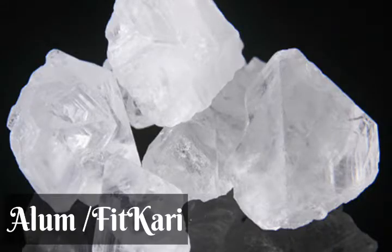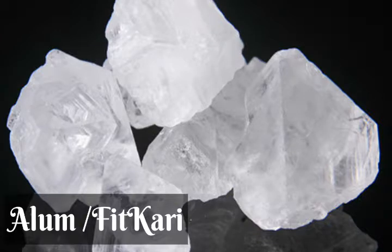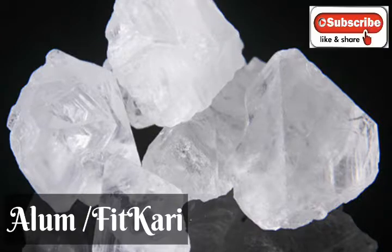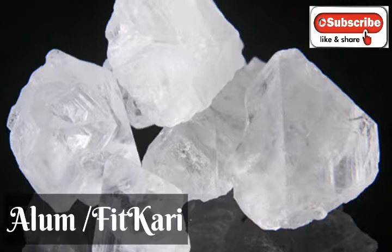Alum, Fitkari, is an amazing ingredient with wonderful uses. What is alum? Alum, popularly called Fitkari. Fitkari is very commonly used in India. When we say the word alum, most of us think of its use in shaving, but alum has other wonderful